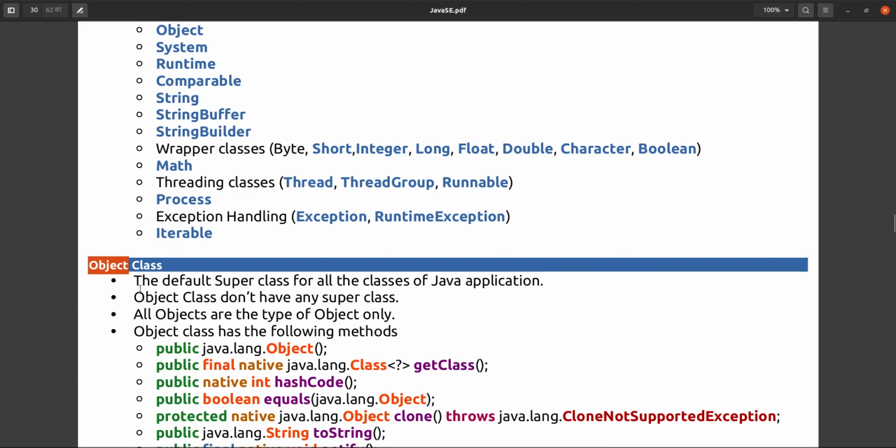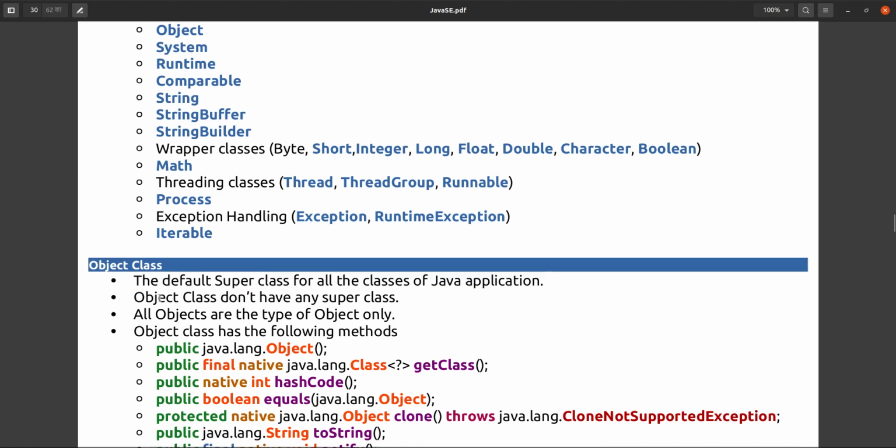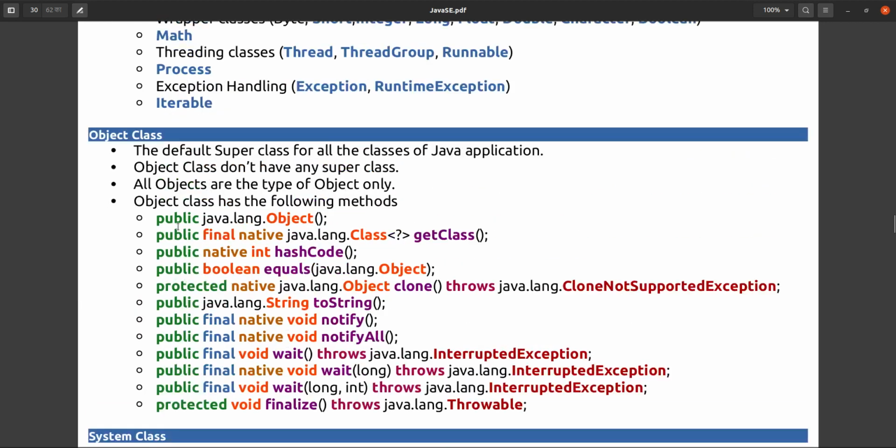The Object class is the default superclass for all the classes of your Java application. The Object class cannot have any superclass, and all objects are of the type Object. All objects, whether Student, Employee or Person, are always of type Object.